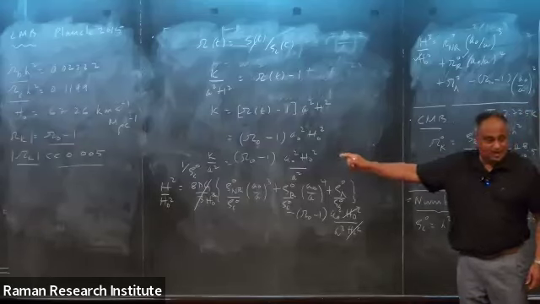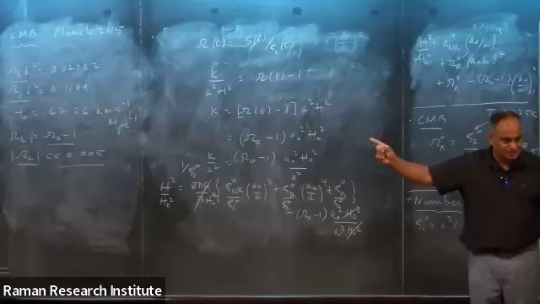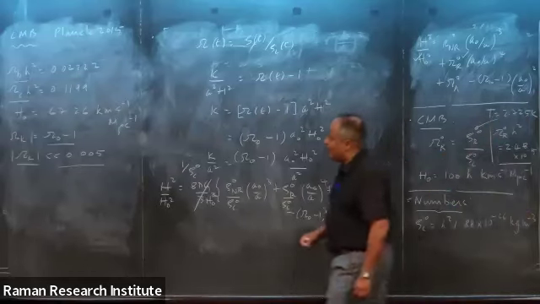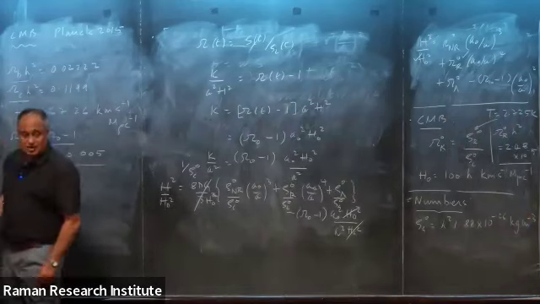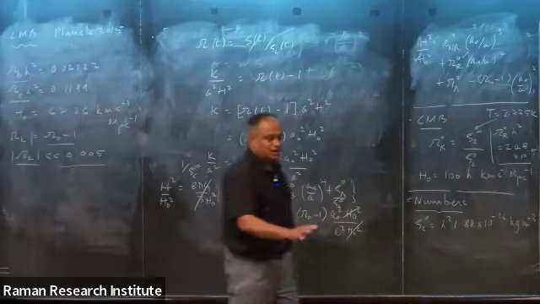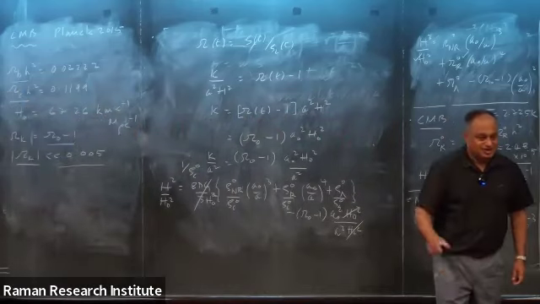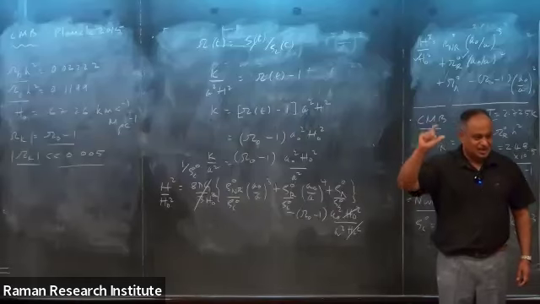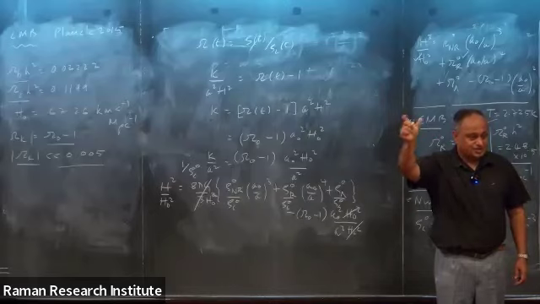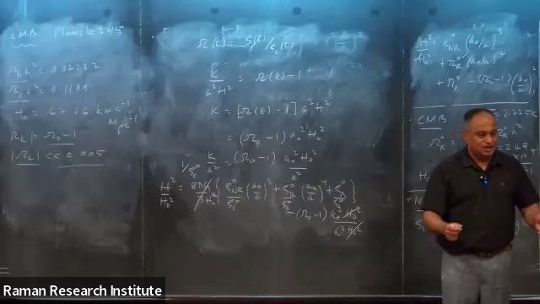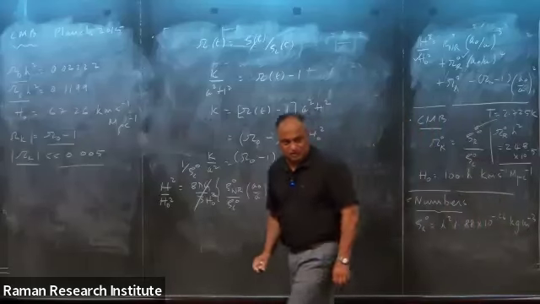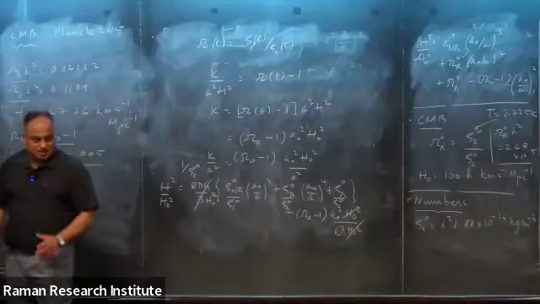Omega naught is not independent. It's a sum of the other 3. Okay. In fact, what is often used is omega B, omega C. These are what are known as derived parameters, and something called theta and tau. It's the angle subtended by the horizon at the time of last scattering. And tau is called the optical depth. So these are what are known as derived parameters.